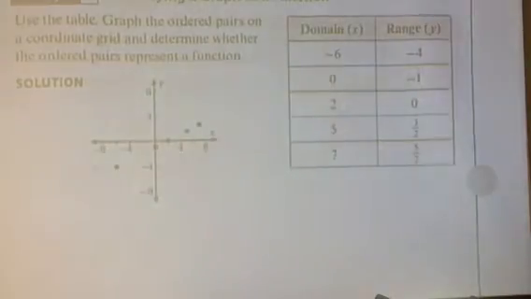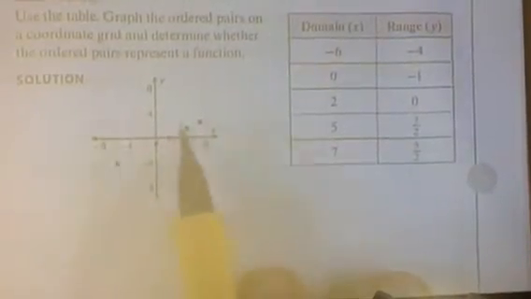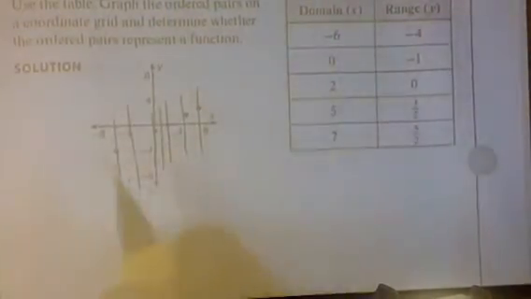This says to use the table and graph the ordered pairs on a coordinate grid and determine whether the ordered pairs represent a function. So here are the ordered pairs. I already graphed it for you right here. Basically, you might have a problem that looks like this. You would first have to graph these ordered pairs and then tell whether it's a function. Well, let's figure out if it's a function. I can draw a vertical line anywhere on this graph. It's never going to intercept in more than one place. I have no repeating x values, so yes,